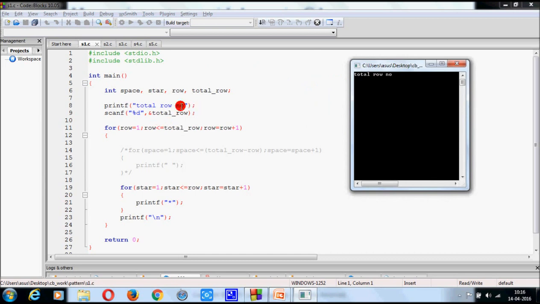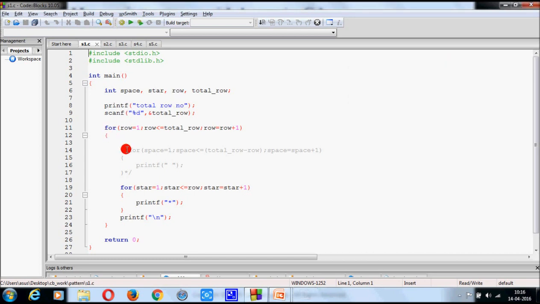See that the program is the same as the previous program. The total row number, I put 4 here and press enter. The total row number is 4. I omit this section here because no space appears at the left hand side of the last symbol.